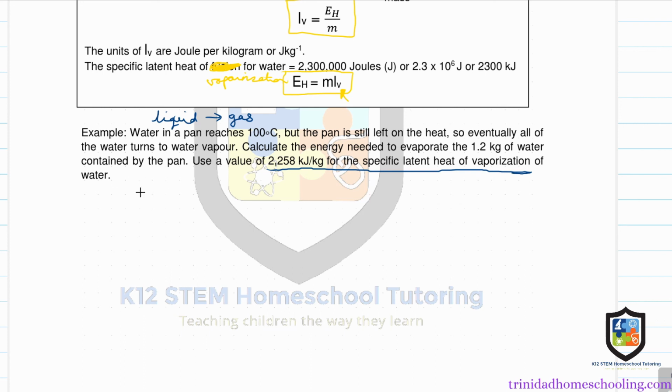So the same formulas we're going to use. They gave us a mass and they gave us it in kilograms already. Now this is L subscript V for vaporization, okay? 2258 kilojoules per kilogram. And the same formula, we're going to use heat energy is equal to mass by the specific latent heat, and in this case it's vaporization, not fusion. And 1.2 by